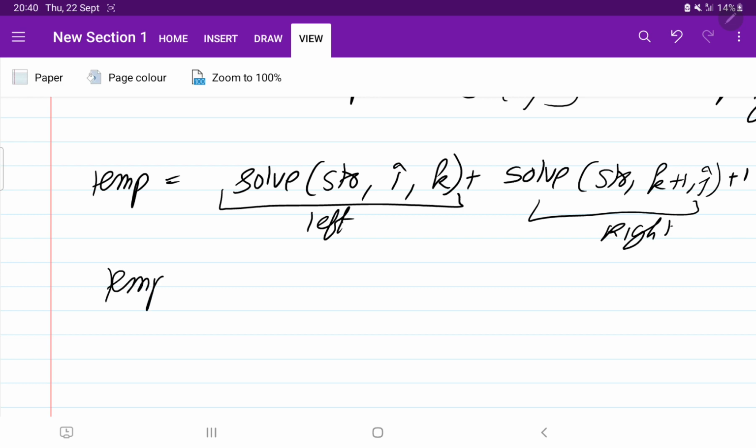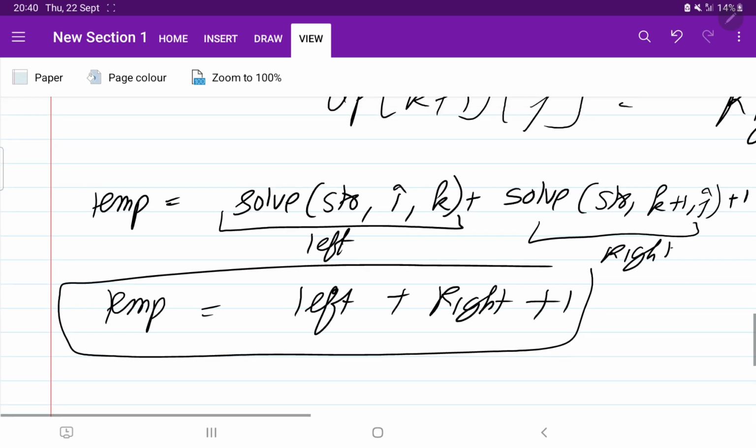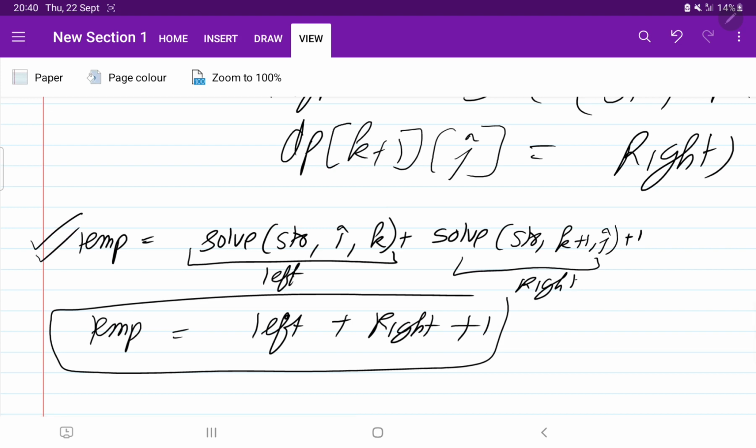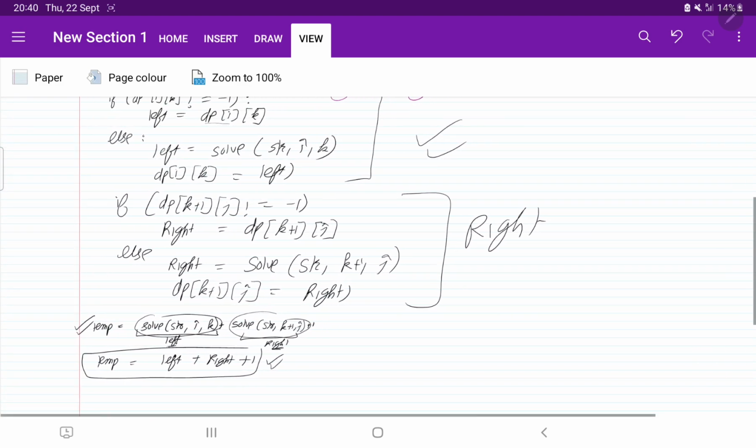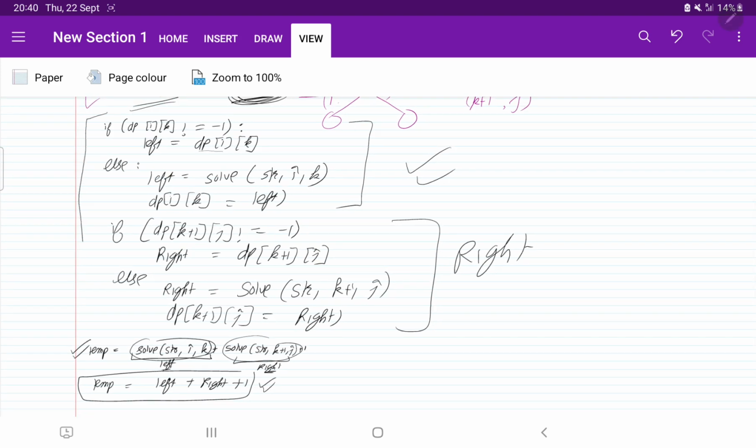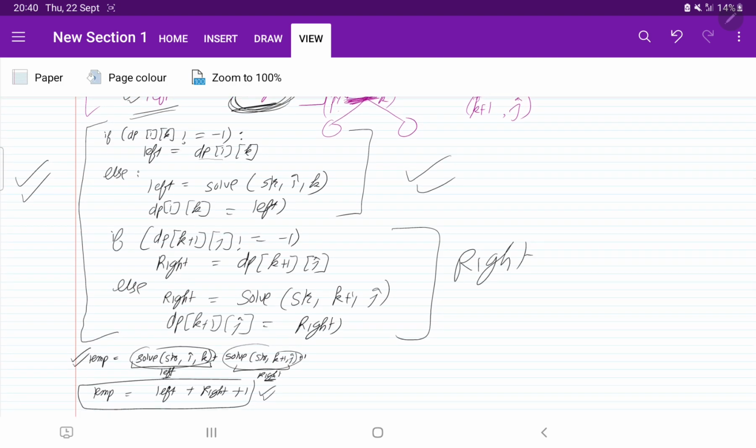It means now my temp will become left plus right plus 1. So we have changed this one line: instead of directly calling the solve function for the left and right, we have checked whether the left and right are already solved. For that you have to write these lines. So this is the optimized solution, and this is the final answer.